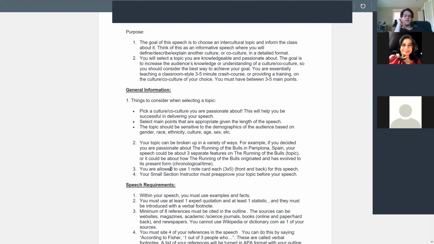So, you want to pick a culture that genuinely interests you. Think about a culture that you might not be a part of, but that you've always wanted to learn a little bit more about. Skydiving culture, for instance. Underwater basket weaving culture, for instance. Sicilian culture. Try to think of a culture that has always kind of caught your eye, but that you've never really been able to immerse yourself in.